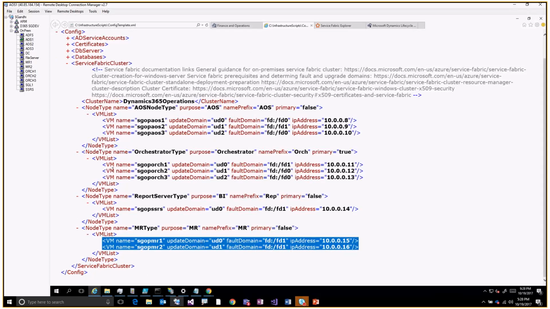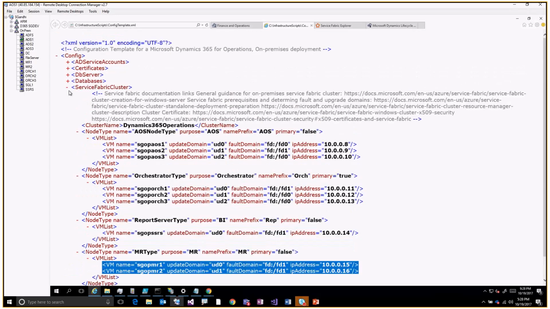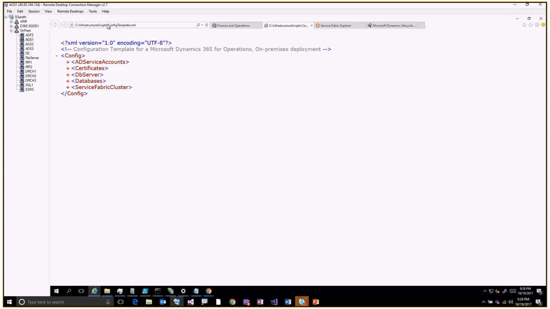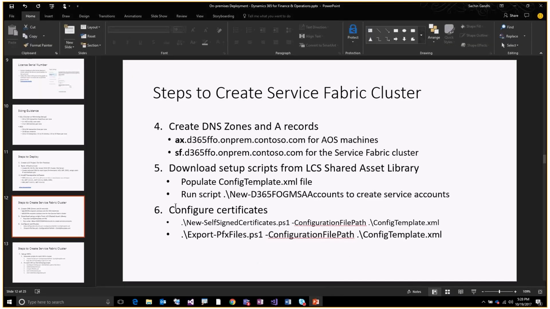So once you specify this, then this section will be used basically to create the scripts or the config files for deploying the Service Fabric cluster. So the main thing you will be doing when you download the files would be modifying the config template.xml to make sure everything looks good there, and then you can proceed with the rest of the deployment. So going back to my slide,